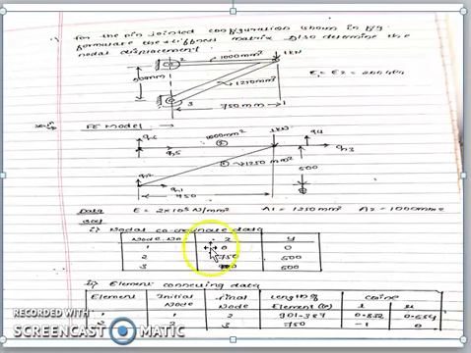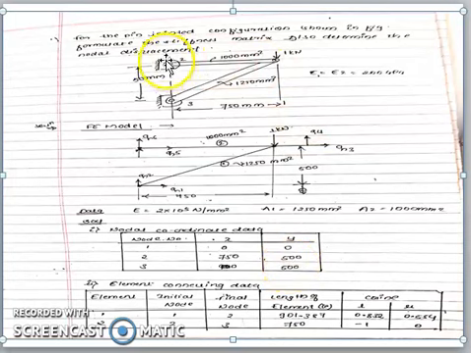See here, this is very important. If you know this, you can solve the problem very easily. At this point x is 0, y is 0, because it is not moving anywhere. Then node 2 is moving from here to here. How much is it moving? It is moving 750 mm and the height is 500 mm. So x is 750, y is 500.